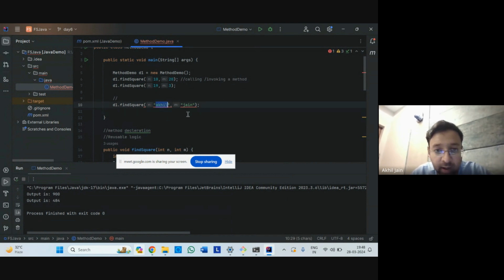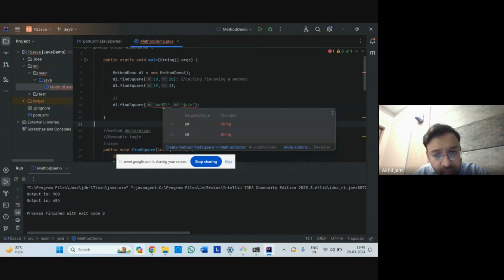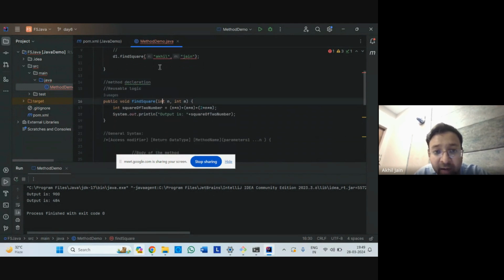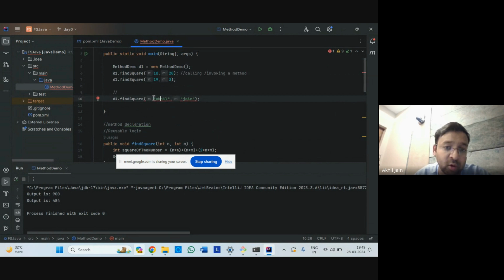Okay, you can see it is already complaining. Why is it complaining? Let's hover over it. You can see it says that the first parameter, which was n, was expected to be int, but the value which you have given is of type string, which is not correct. So you cannot do a mismatch here. Your method accepts int, but you're trying to provide a string, so you should not do it. Okay, but if I use, let's say,